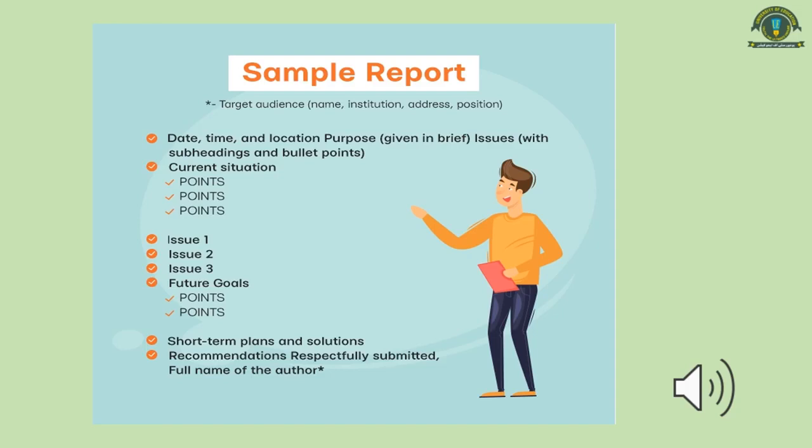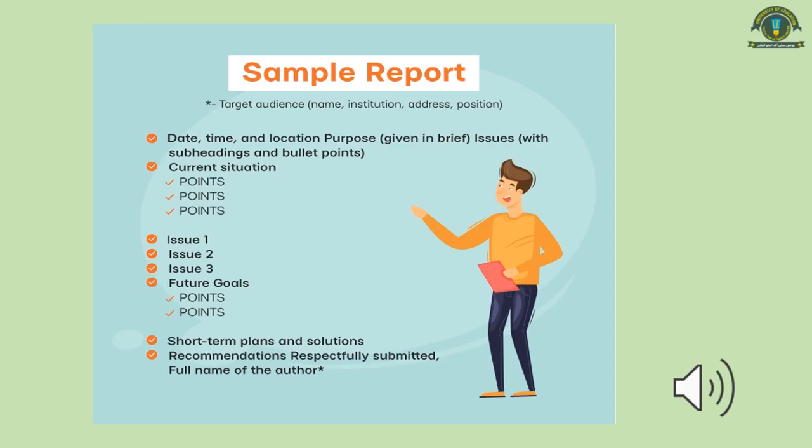You have to mention those future goals or objectives in the form of points. If you have more objectives or goals, you can present all of them in the form of points. Then short-term plans and solutions. You have to give the possible solutions which can solve that issue or problem. You have to mention all those solutions,